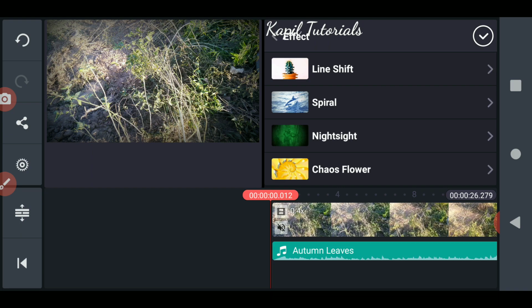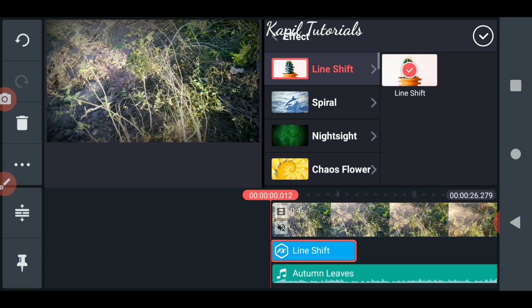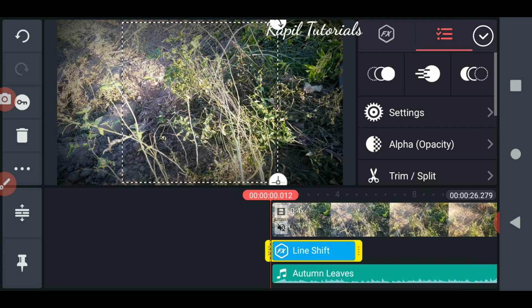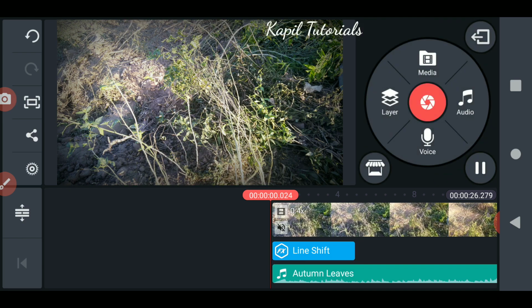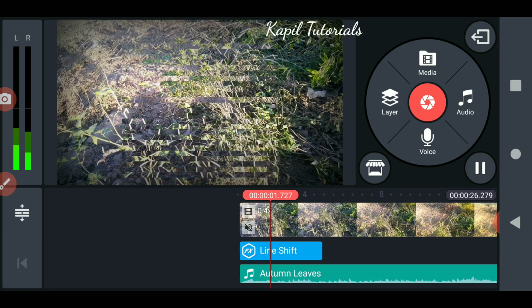Okay, suppose I want to use line shift. Just see, it is telling me how much part I want to select. Let's try. Can you see the effect in between?